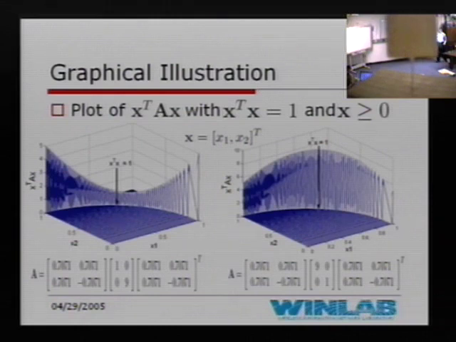And what I have plotted is X transpose AX versus X1 and X2 only for these boundary regions where X transpose X equals 1. That is given by this nice line over here. And if you see in this case, there can be multiple maxima at the boundary points. And that really depends upon the structure of this matrix. If we just rotated the eigenvectors and came to this matrix, then we saw that the maximization point, there would be a unique maxima somewhere in the middle, corresponding to this eigenvector.